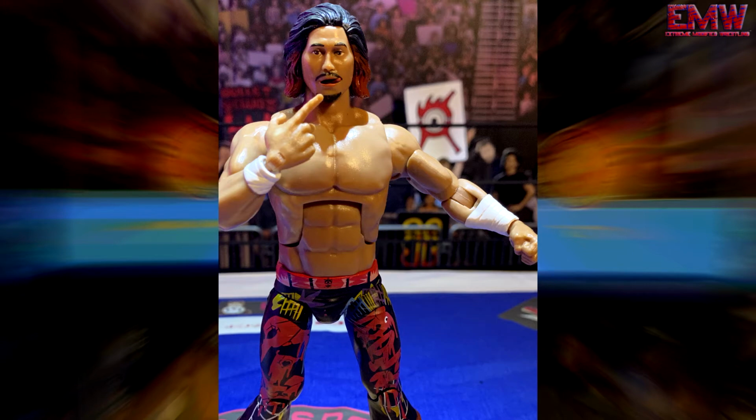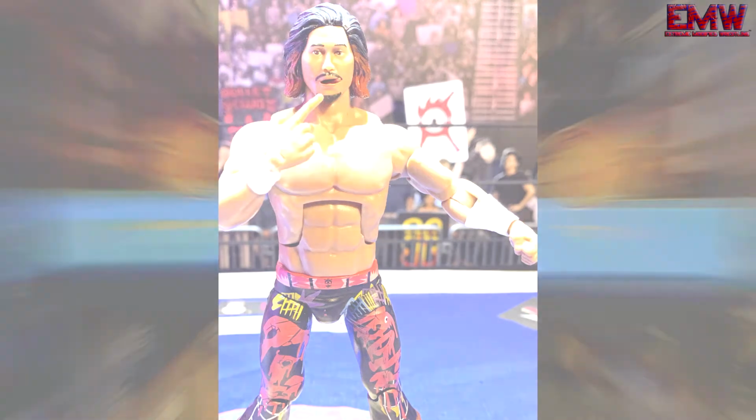Now, I will talk more about the articulation with these figures again, I guess a little later on, because I already went through that in Series 1. But moving on. Our next figure here,